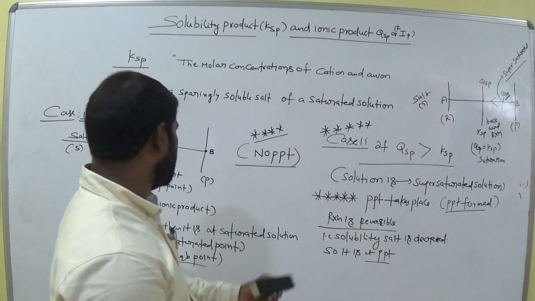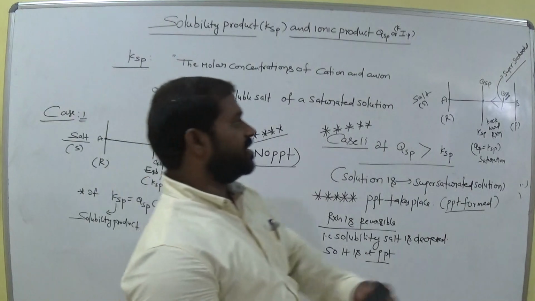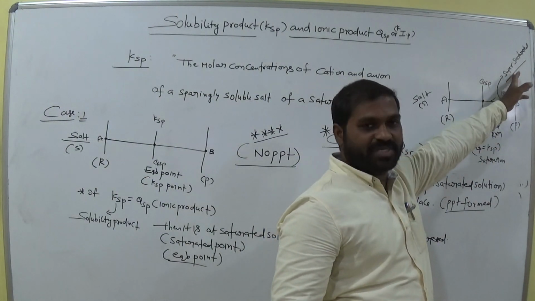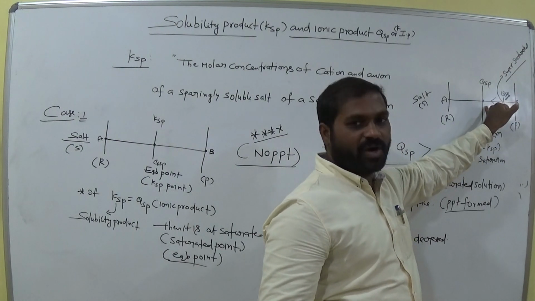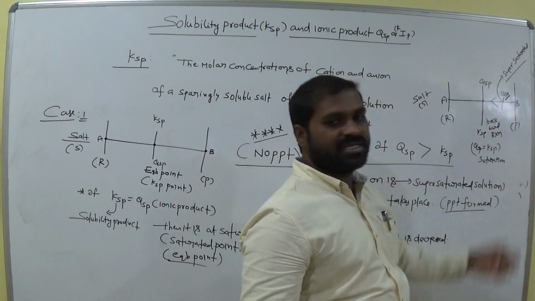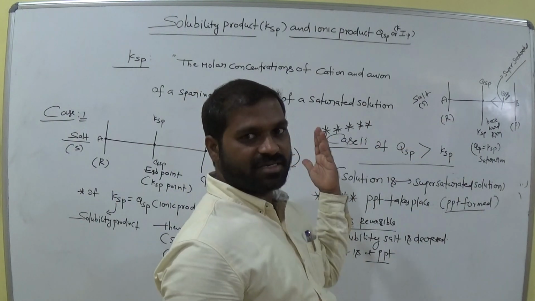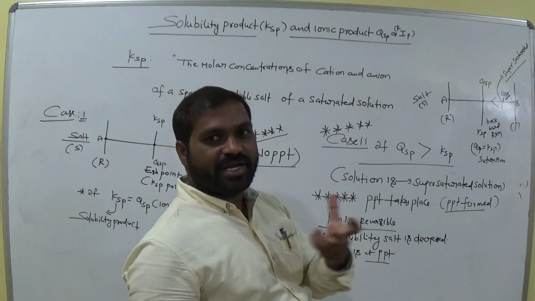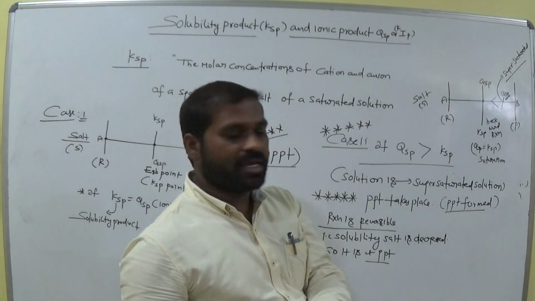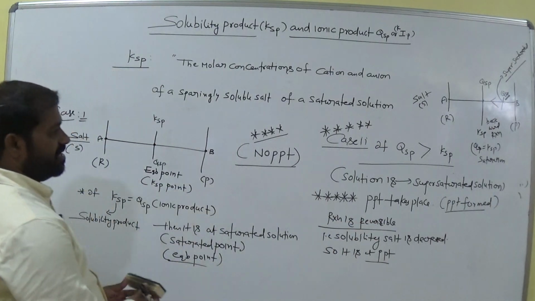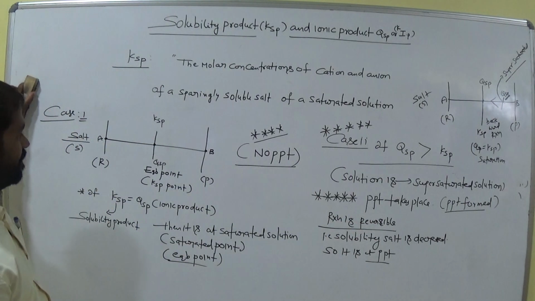Okay? Clear? So it is more than the solubility equilibrium condition. It is supersaturated. Now this is the saturation point. In this case, now it tries to get the saturation. That means it moves backward. That means towards the salt condition. That means more PPT. Salt is a PPT. It is like solid. Okay? Solid formation takes place. So PPT takes place in this condition. Okay? Very, very important. Comparison.